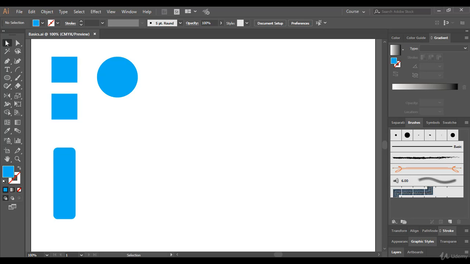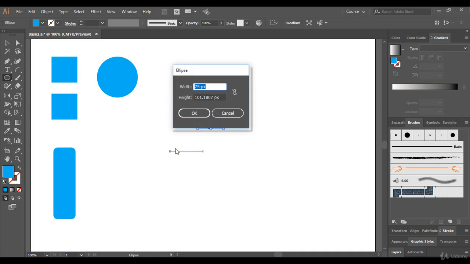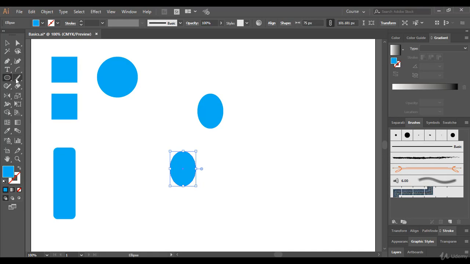We'll talk about the selection tool, the pen tool, the ellipse tool. We'll talk about the rotate and reflection tools. We'll talk about the line segment tool and arc tool. We'll cover how they work and the different ways to apply them,